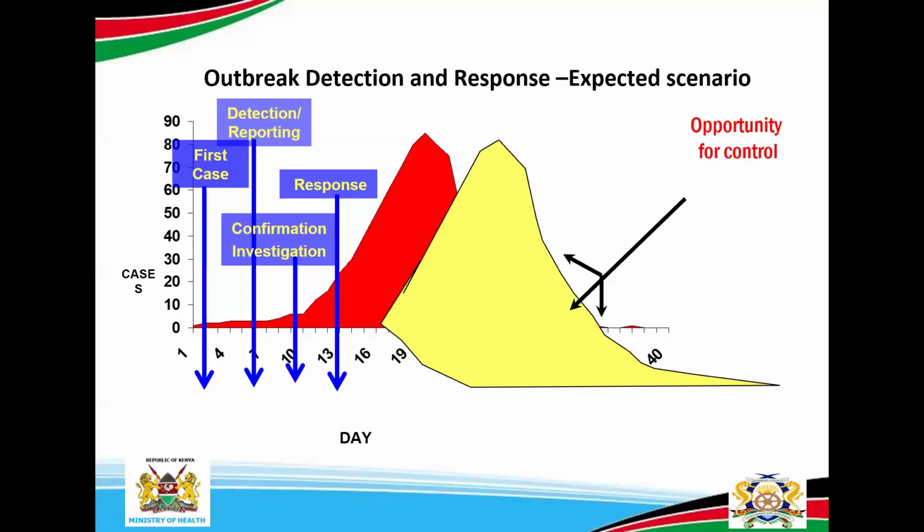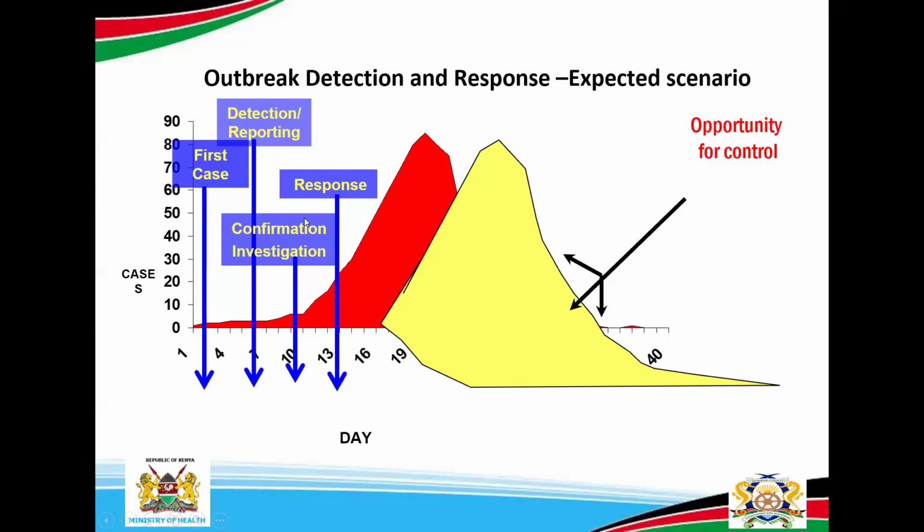So currently, the WHO have gone further and say that the time before you detect a case should be within 7 days. After you have detected the case, you need to report within 24 hours. When you report within 24 hours, in the next 7 days, you are supposed to come up with response or control measures. So the red one, if we have delays, can imply the number of cases that are being generated during that particular time after we have identified the first case.